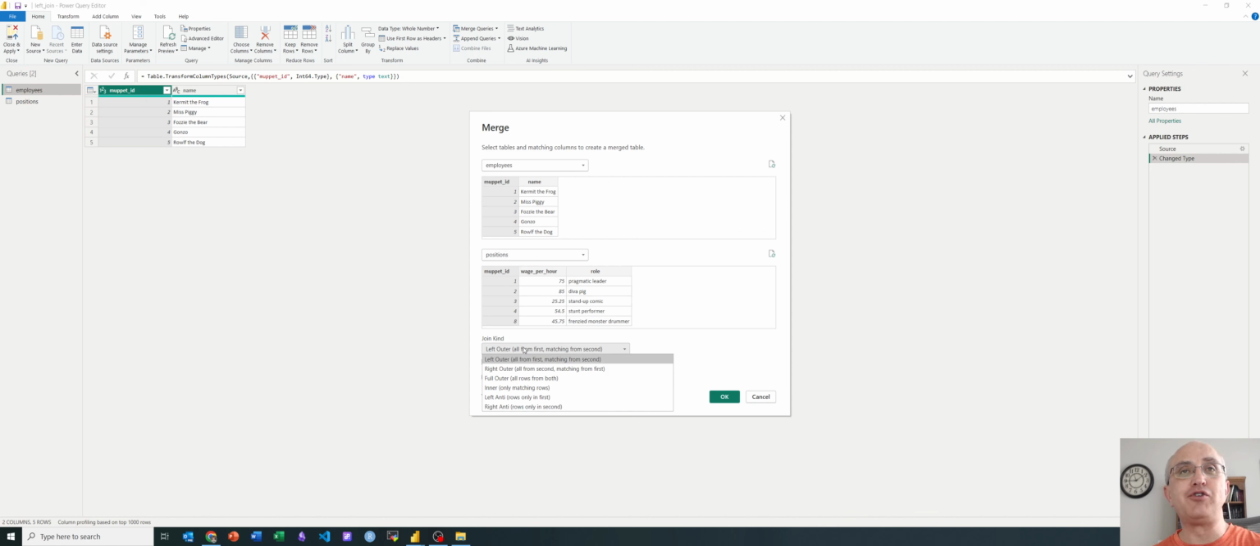And then I can choose the join kind, and you can see I can form all kinds here. If I do left, it'll tell me that 4 of the 5 rows from employees will be matched in the final result, and that's because there isn't a match for 5. And so when we click OK,